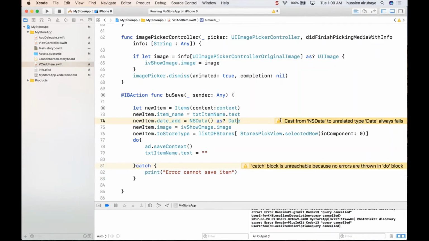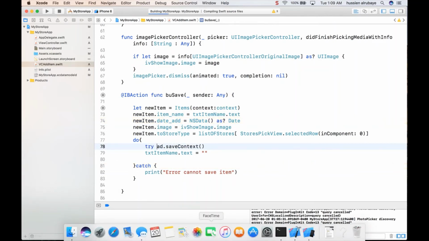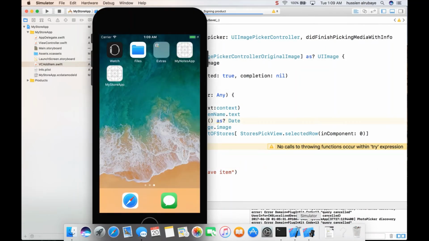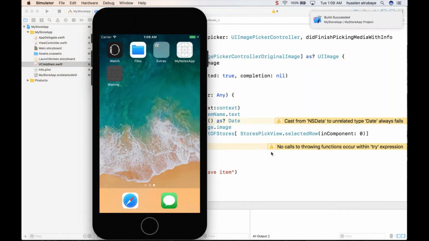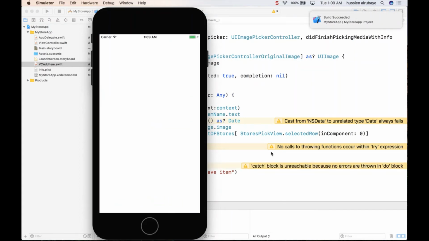I don't know why he gave me this simple error. I say call from NS date to unreadable data type always fails. So I don't think there's any error here, but here you need to try, maybe helpful. It's not failing, don't worry, everything will pass. So just trying, and as you see, they do a lot of bugs, so hopefully this time you will be able to add